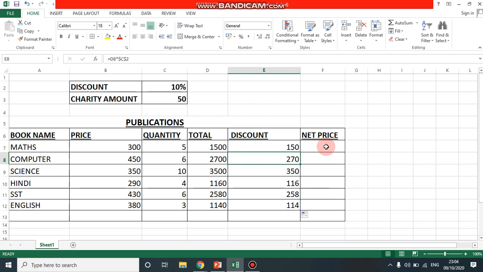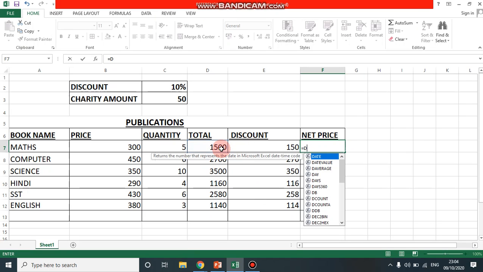Now next we come to the last referencing, that is mixed referencing. As I told you earlier, mixed referencing is the mixture of absolute referencing and relative referencing. That means the formula will have one part as relative referencing and the other part as absolute referencing. Net price means whatever total we are getting after subtracting the discount from the total amount. Now let's look at the formula again. Putting equals to over here, the total is coming over to D7. So D will remain like that, and we are going to put $7,